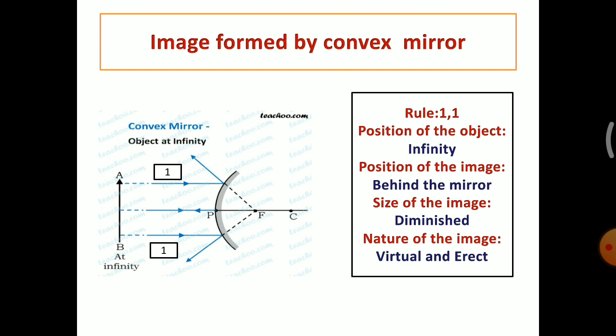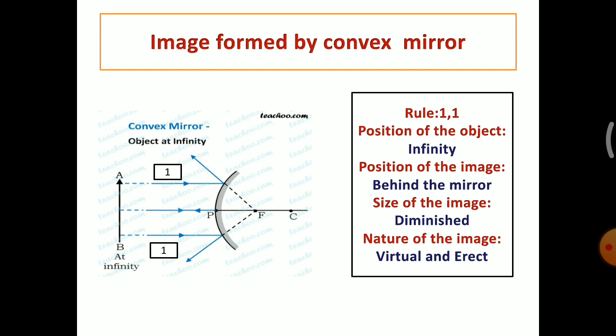In a concave mirror, we kept the object at 6 different positions. But if you take a convex mirror, only 2 positions are possible. One is at infinity, the other is between infinity and pole. The first position, the object at infinity. You have to draw a convex mirror and a principal axis, then mark the points pole, focus and center of curvature. The next step, you have to place the object at infinity.